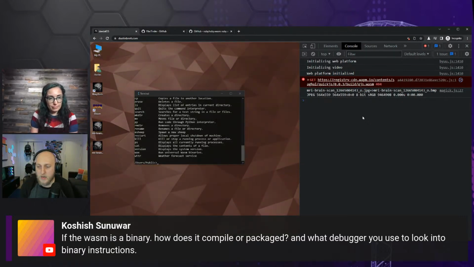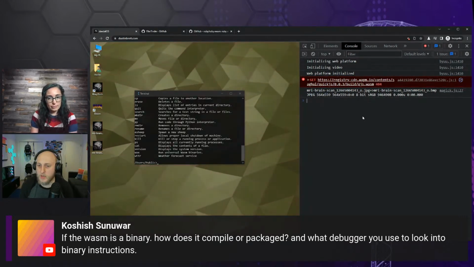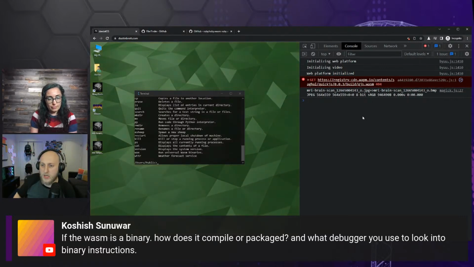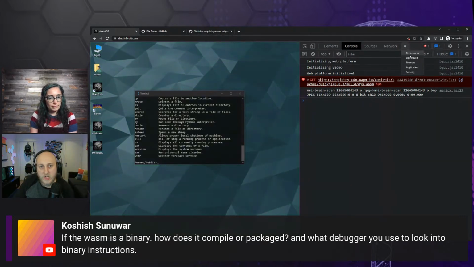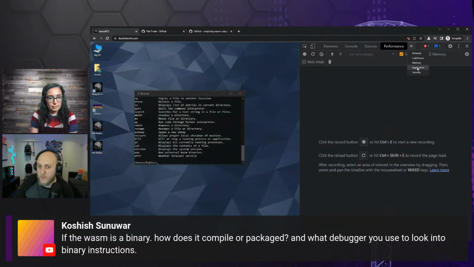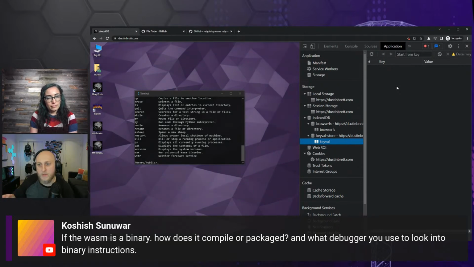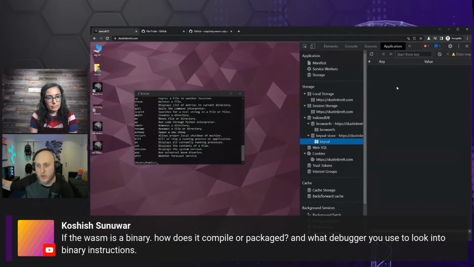Yeah. So it packages to that .wasm file, and it's loaded. Typically, the JavaScript file is loaded in binary format, and then there's a WebAssembly initialization process that's done on the JavaScript side. As far as debugging it, there is a debugger. I've seen some articles. I've tried to do it myself, but because I've been more on the porting side of things, I haven't gotten too deep into it, because even if I did figure out what it is, now I need to go clone their repo, change the thing, get their build working,